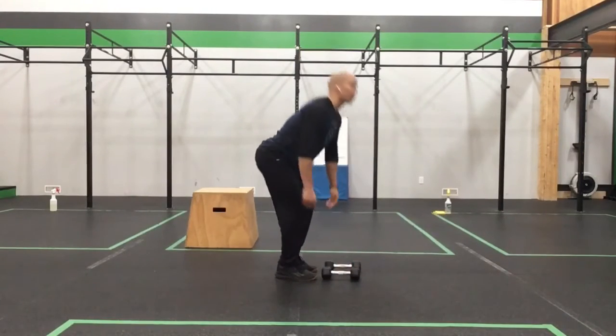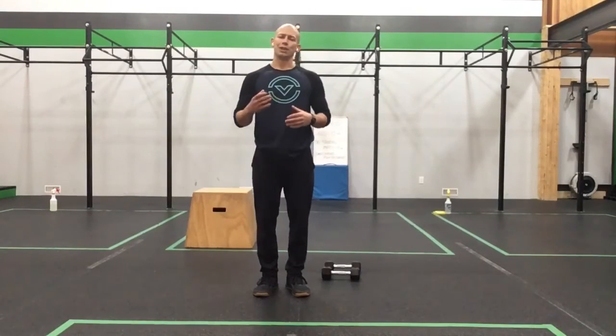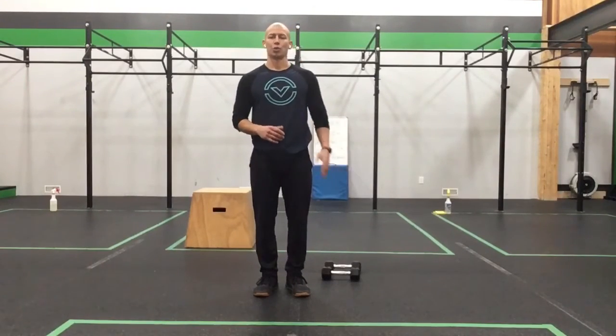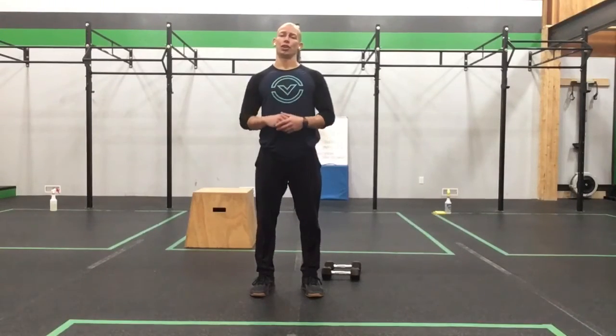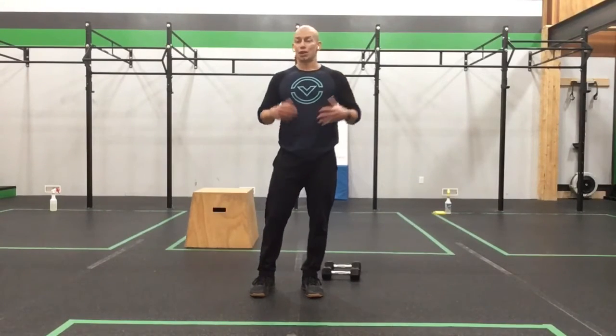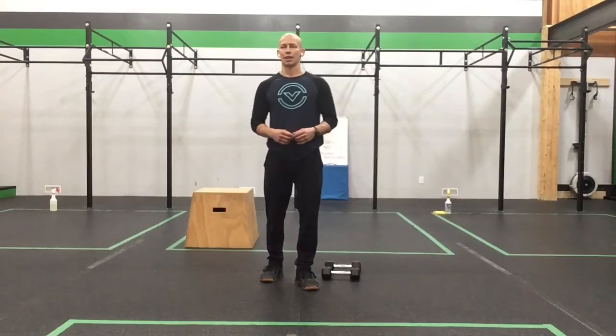So focusing your attention to that back position is very important. The movement isn't done until the dumbbells are out of your hand. So make sure as you're moving through this position, we're focusing on that good hinge and that nice extended back. From there, you get to rest. So once you're done your 40 seconds of max reps, you're going to rest 20 seconds,